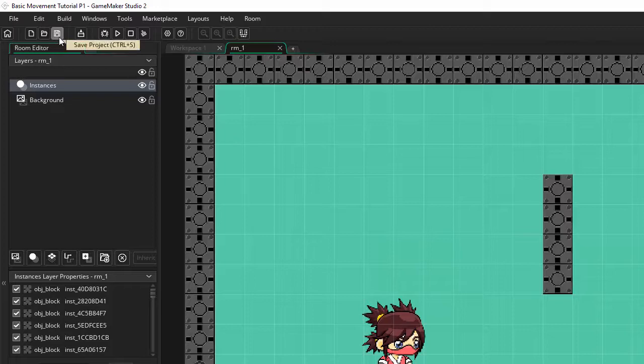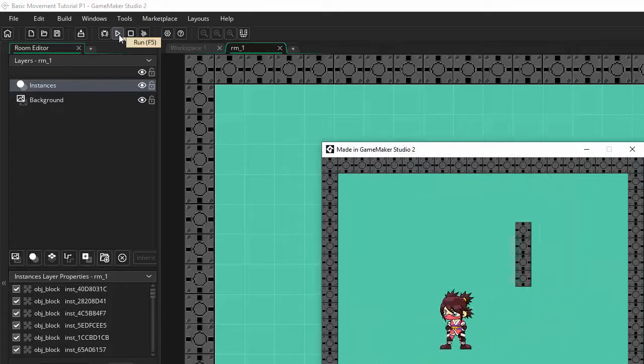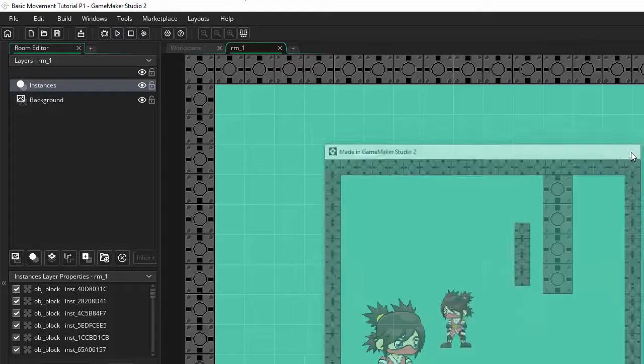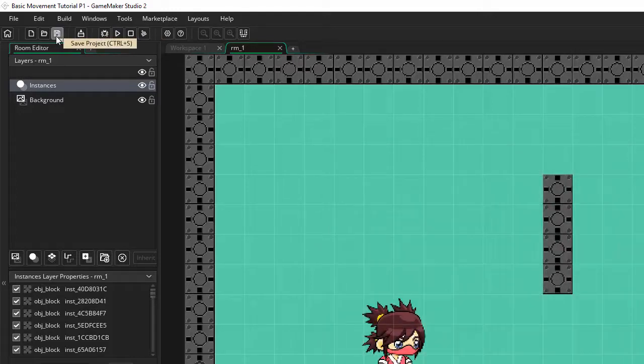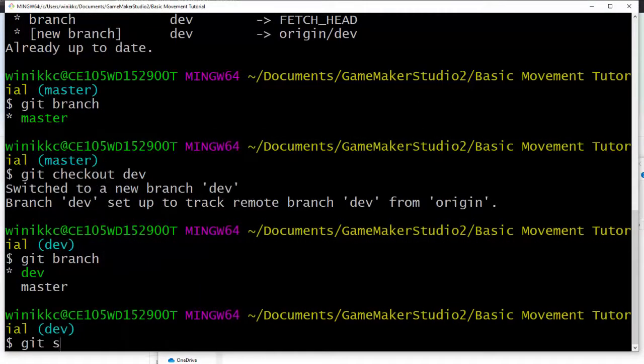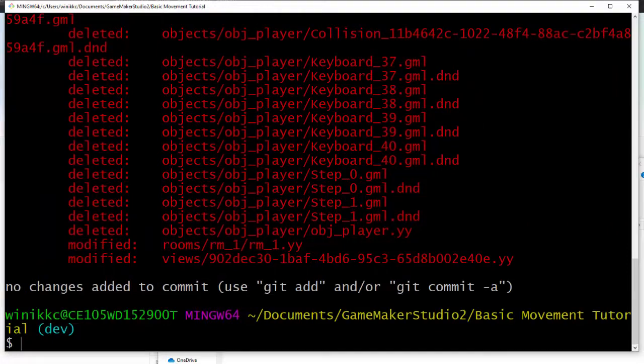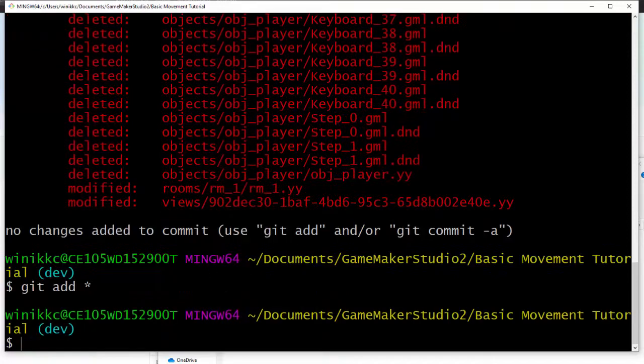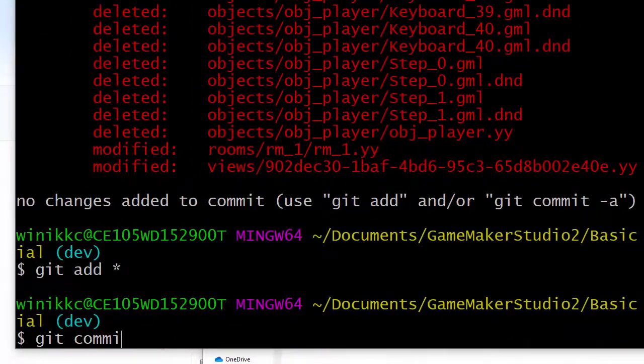And I'm going to save my changes, and I'm going to test it to make sure it's working, doing WASD, and see how my character works. Well, it looks pretty good. All right, so I'm going to go ahead and close that. I'm going to save my changes. Now, I think it saved it when I ran it anyway. And I'm going to close this, and I'm going to type git status to see what's going on. And we can see I deleted all these files. So now I'm going to put a git add star, which just adds everything. And I'm going to do a git commit -m